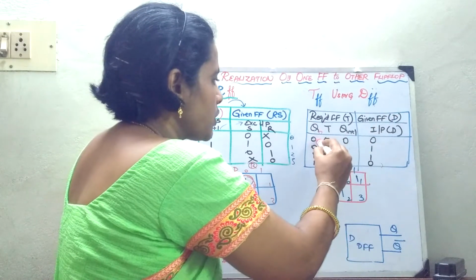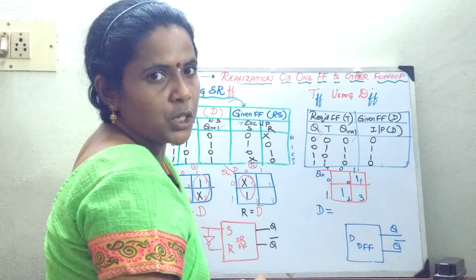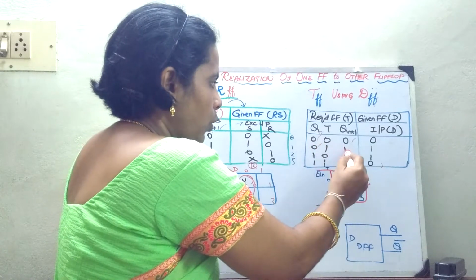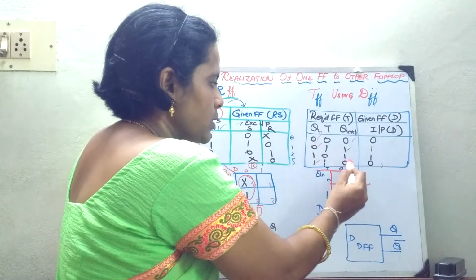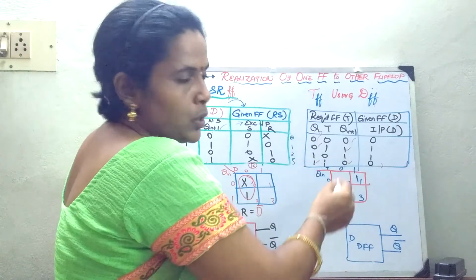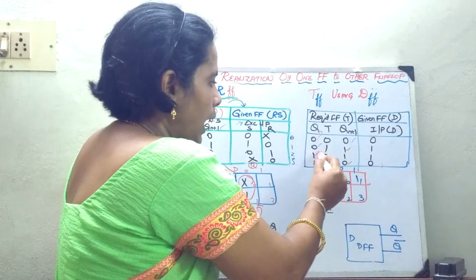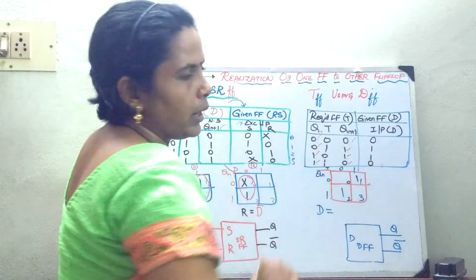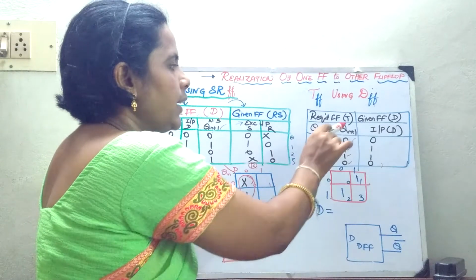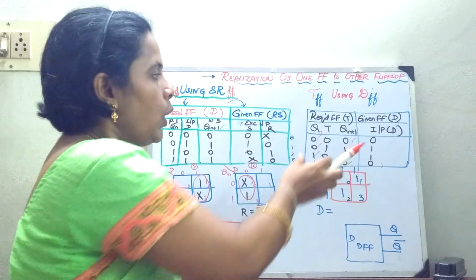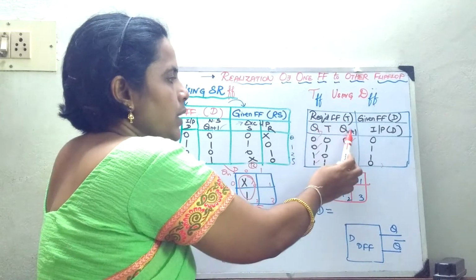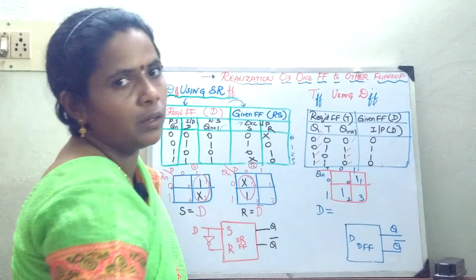How to write the inputs for 0, 0? The excitation table is 0. For 0, 1, it is 1. The next condition is 1, 0, so it is coming down as 1, 0. So for 1, 0, it is 0, and for 1, 1, it is 1. So taking the present state and the next state, we compute the excitation table: for each present state to next state transition, what should be the inputs.